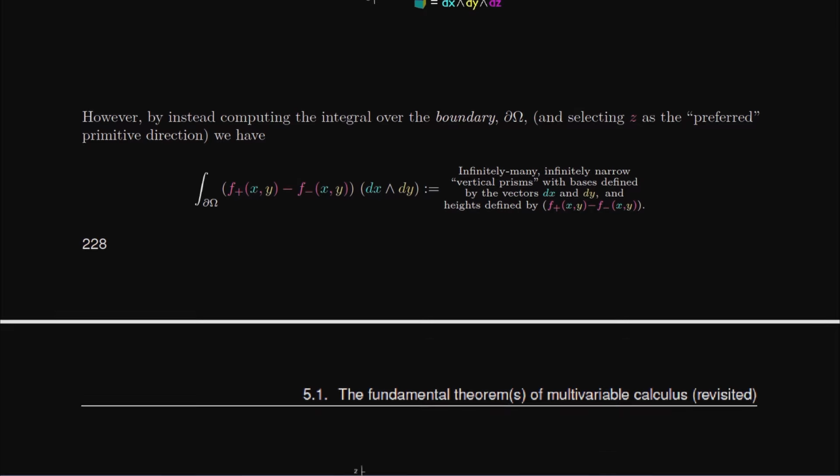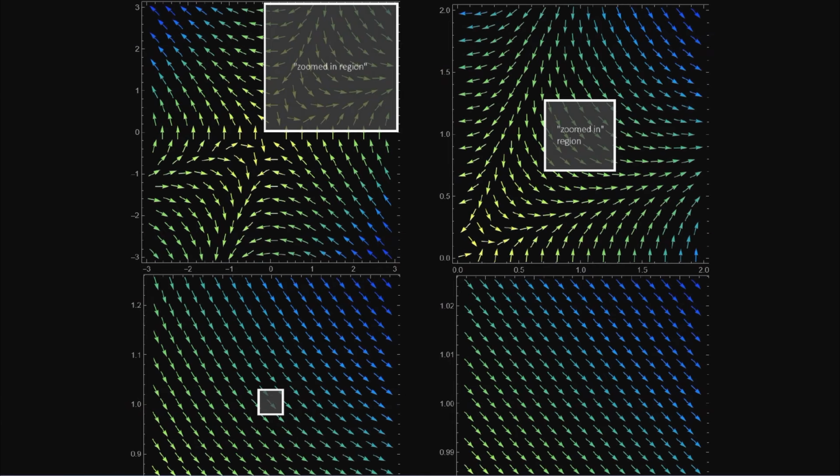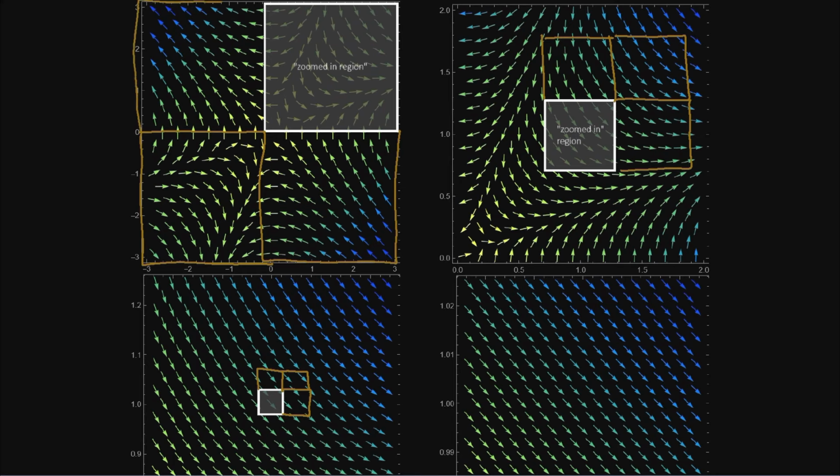constant differential forms. Now, in terms of non-constant differential forms, we ran this process of zooming in to get a constant differential form. How could we make the argument that it's still going to hold on the wider space? Well, what I'm going to do is tile all of the differential form using these squares. You can imagine I can still tile on the bigger stage too, using these squares, and then again on the bigger stage using squares. Basically, if I divide everything into infinitely many of these big square tiles, I will be able to show that the integrals are going to cancel along these boundaries of the tiles, and they'll remain along